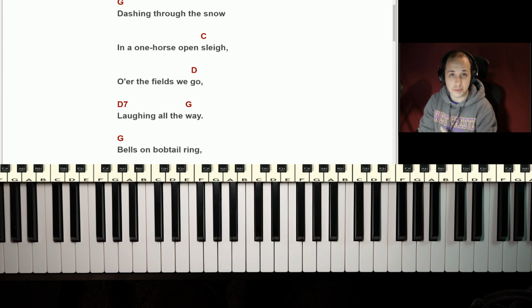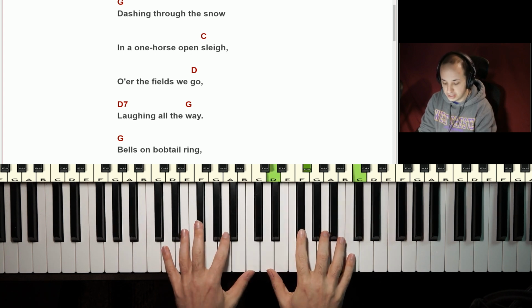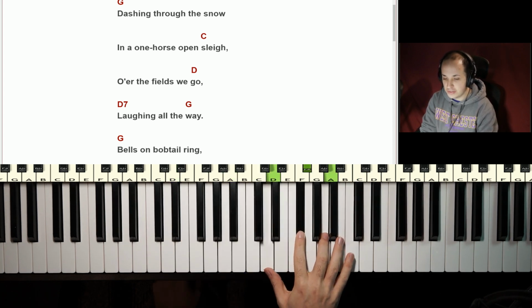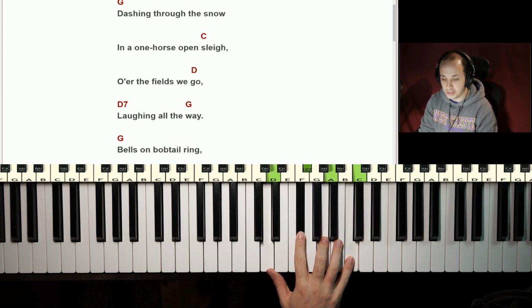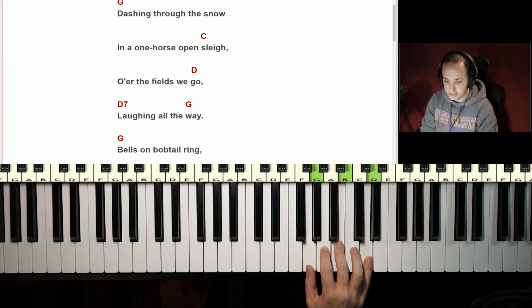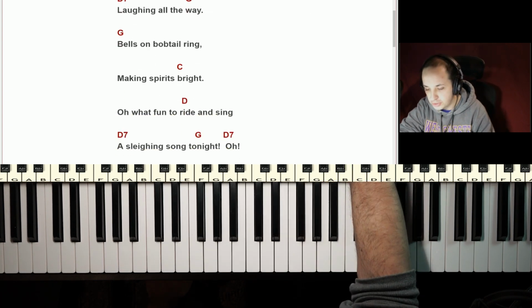This might take you some time if you're not used to playing chords, but the better you understand the chords ahead of time before you play through with the recording, you'll have a lot more success if you do that, trust me. And then D7, you have to be careful because a seventh chord doesn't have 7 notes. It only has 4. Again, refer to that playlist I have for you in the description. So we have our D7 chord, G,